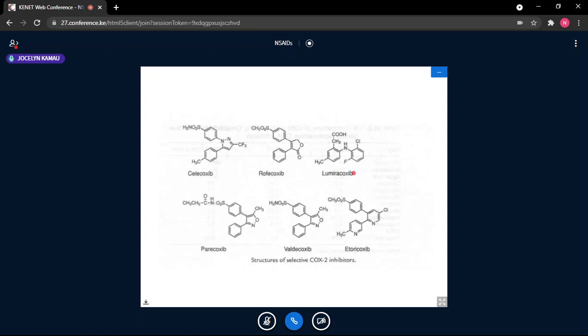In fact, it has a lot of structural resemblance with diclofenac, because remember we said diclofenac has that acetic group there, it has an NH there, but in diclofenac that's a chloro group. So this drug borrows a lot from diclofenac, but somehow it was found to be